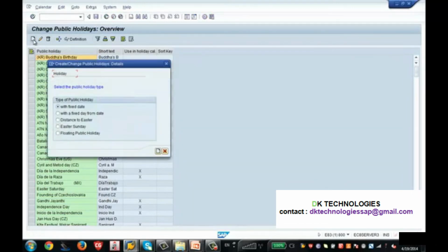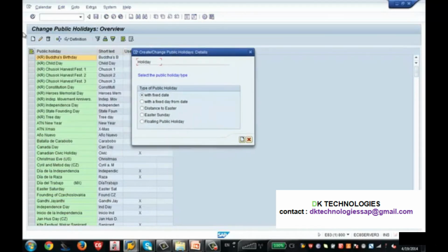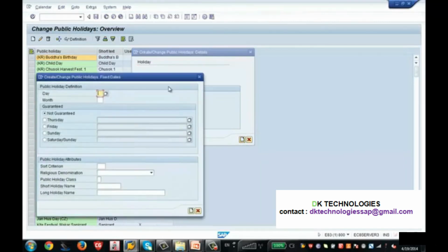I am clicking create. When I click on that button, these are the different options which SAP has provided. As mentioned in today's lecture, there are 5 different options for public holidays: with fixed date, with a fixed day from date, with a floating public holiday, like that. Let's take the example of a fixed date and try to create. I am clicking on create.